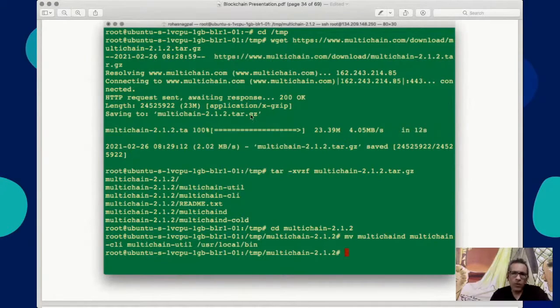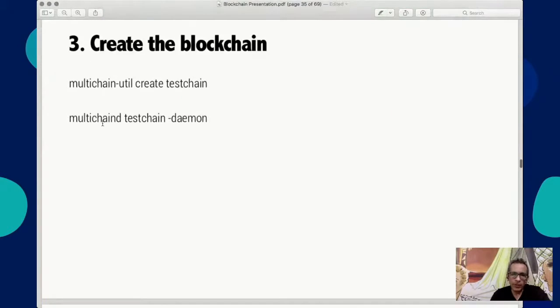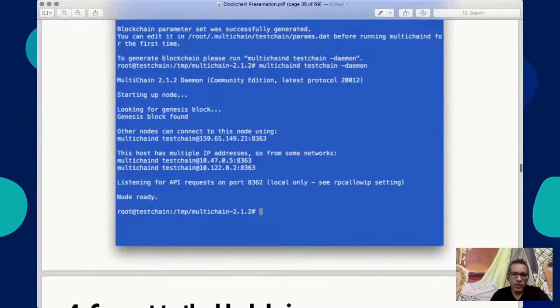Okay. Now let's go ahead and actually create the blockchain, right? So what I have done is I have created it by running. Multi-chain is very simple to set up. Once all the software is downloaded, all that you need to do is run multichain-util create testchain. Now testchain is the name of my blockchain. You can call it whatever you want, but when I set it up, I called it testchain. After that, I run one command, multichaind. It's not a spelling mistake, it is with this d at the end. The name of my blockchain, space, hyphen daemon. When I run this command, let's show it to you here.